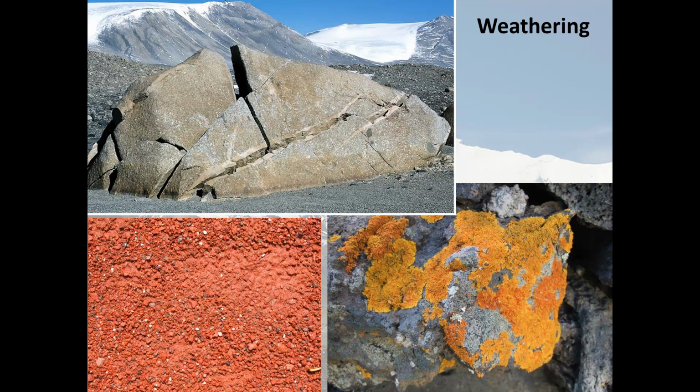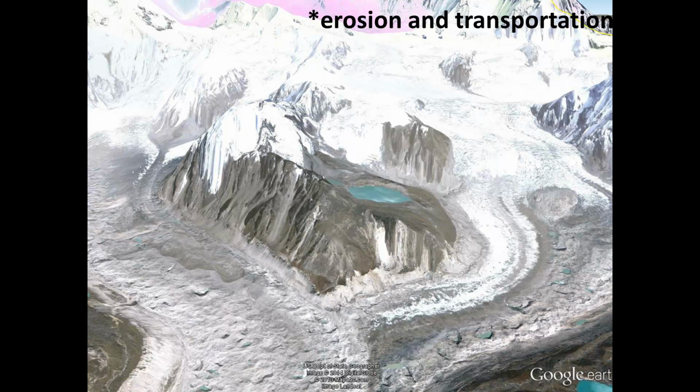So in this one picture we go from brand new rock full of all kinds of minerals to this ancient weathered rock, which is now soil, and has a very different chemical composition from its parent material. So weathering, it happens. Takes a long time though. Once it's weathered, it is then subject to erosion and transportation.